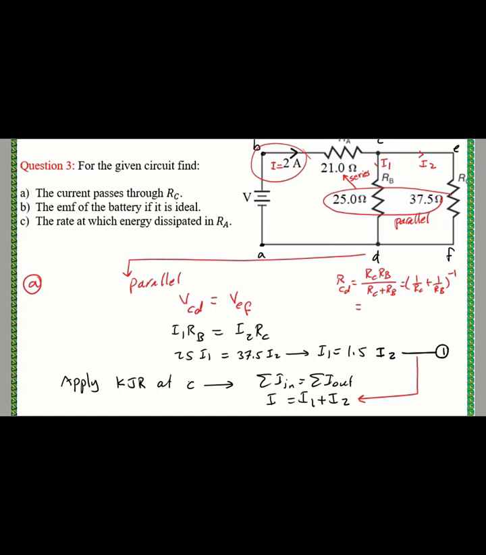So it is 37.5 times 25 over 37.5 plus 25. The answer would be 15. Now this 15 with 21 in series, so R equivalent